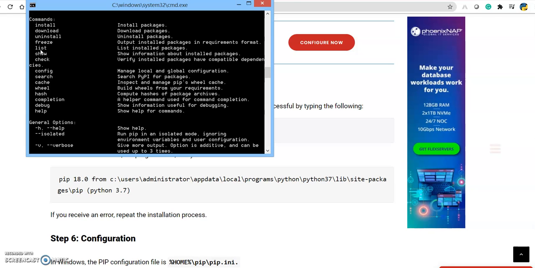When you are using the pip command, you must be outside of the Python environment, which means you must be in the command window.